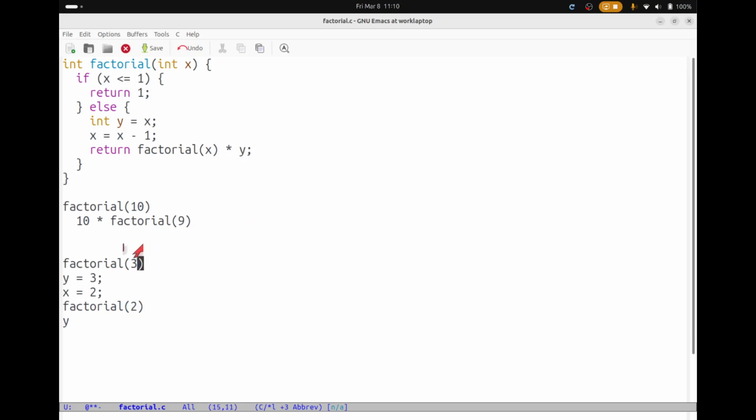So if I call factorial 3, y would be 3, x would be 2. I call factorial 2. And when I go to enter factorial 2, it'll assign y to 2, right? And it'll assign x to 1. It'll call factorial of 1. And then this will finally return 1. So factorial of 1 will return 1. But if I return 1 here, for factorial calling,